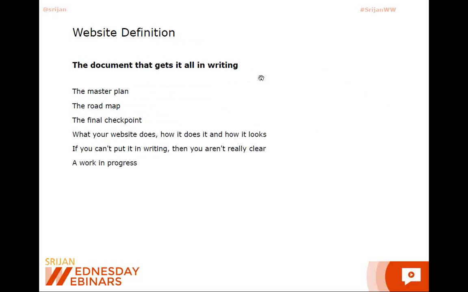So I've mentioned the website definition. This is the document where you formally put in writing all of the pieces. That's not to say that you haven't been putting anything in writing prior to this, but this is where you organize all of that information that you've created up to this point. It's the master plan of your website. It's what you go back to when you have a question down the road about, am I supposed to be doing this, or am I not supposed to be doing this? Am I on track or not? It's a roadmap for you.